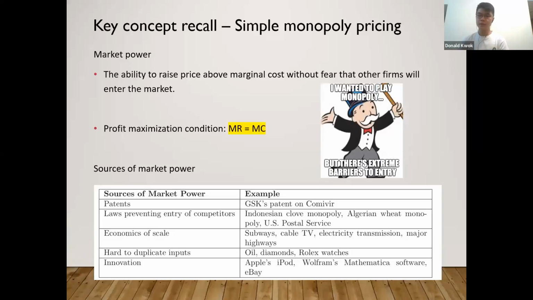However, the existing firm has already been producing at a very large scale. So you as a potential entrant, it is very hard for you to capture a large market share and to cover your high setup cost, right? So even when there's no restriction to enter the market, there are still no firms who like to enter the market, right? So it's not profitable to do so. So this is what it means by natural monopoly. Okay, so other sources of market power are also put down here for your reference.